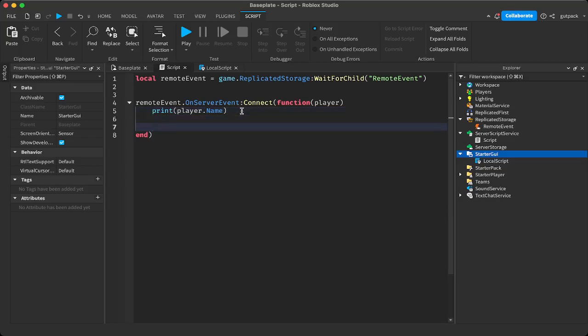So I'm gonna, inside of here, or we could even do it inside of here, but I'm not going to. I'm gonna wait a couple seconds. I'm gonna wait 3 seconds. And I'm going to say remote event, fire all clients. And what this will do, this is a built-in method of the remote event. This will